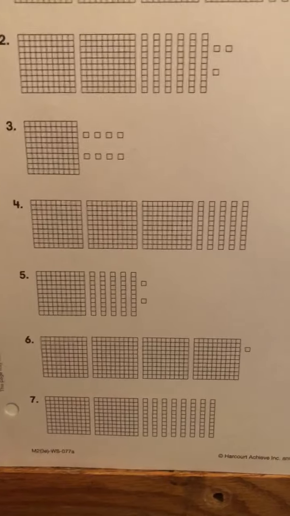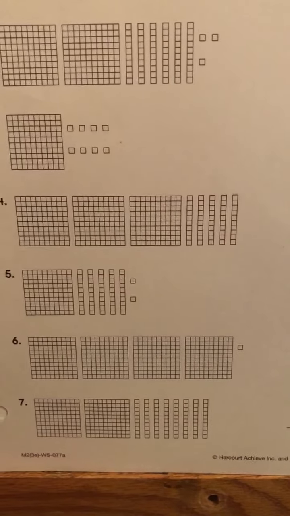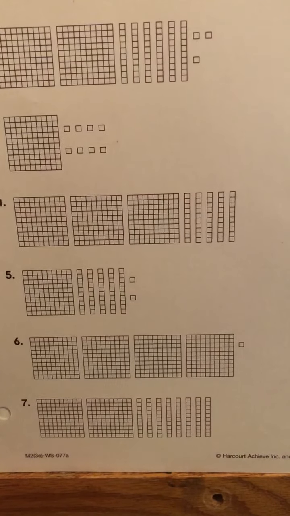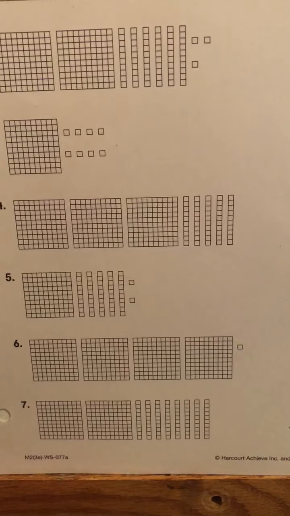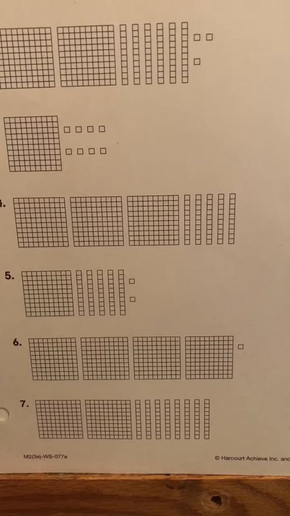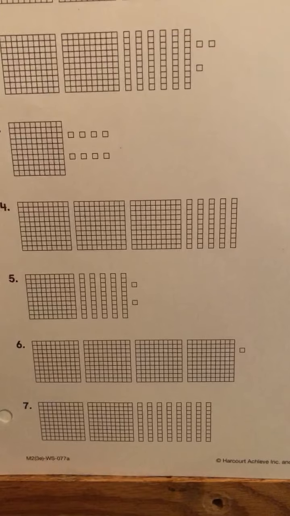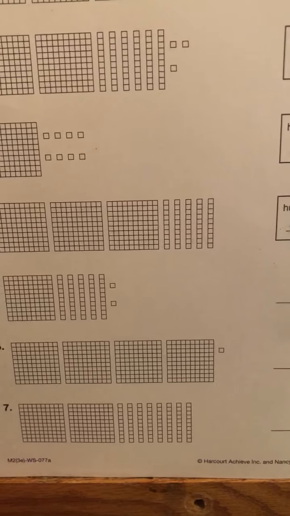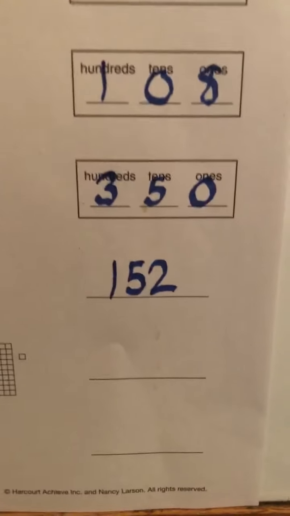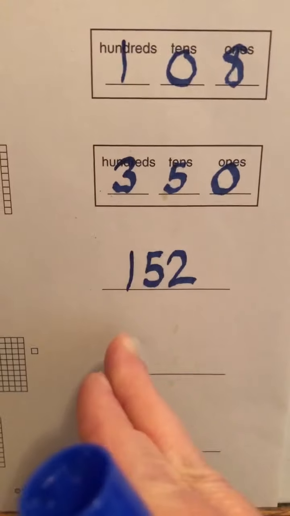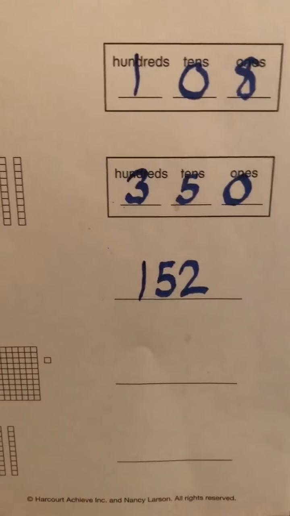Excellent. Okay, let's do number 6. Ooh, lots of hundred flats here. Not very many 10 sticks, and 1 tiny little unit cube. Now this is going to be an interesting number. I'm going to give you a second and see if you can figure out this number. Go ahead and write it over on the line. It's just a matter of filling in your hundreds, tens, and ones, and if something is missing, you just write